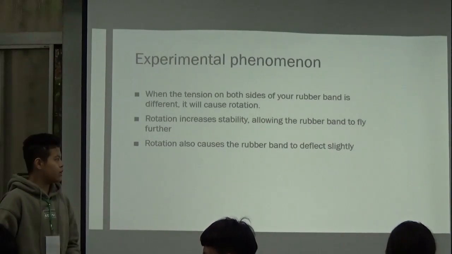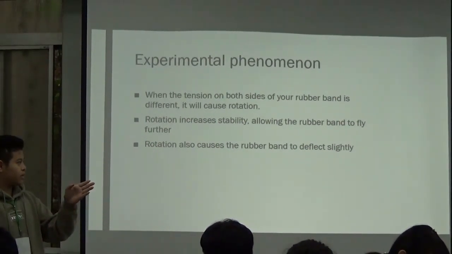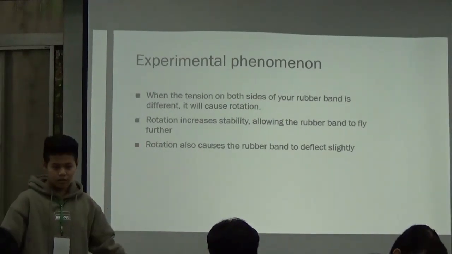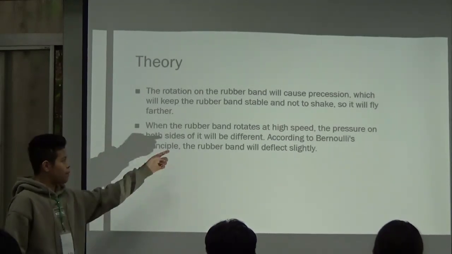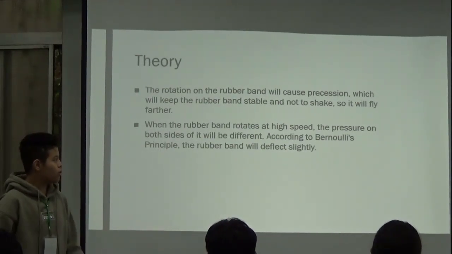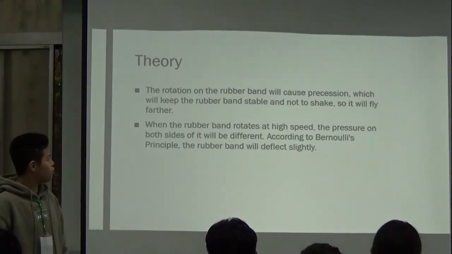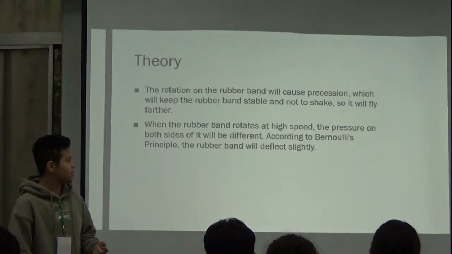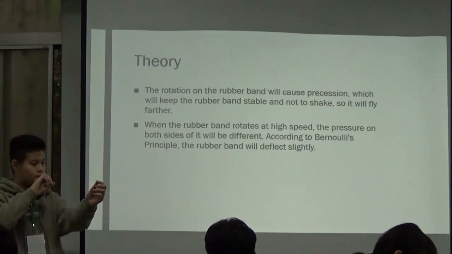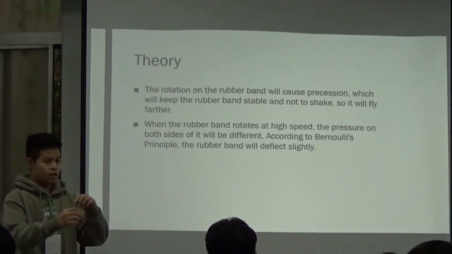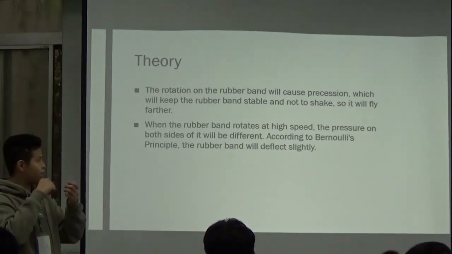The rotation also causes the rubber band to be effectively sliding. The rotation on the rubber band will cause friction, which will keep the rubber band stable. When it's rotated, it will be stable, so the rubber band won't shake,